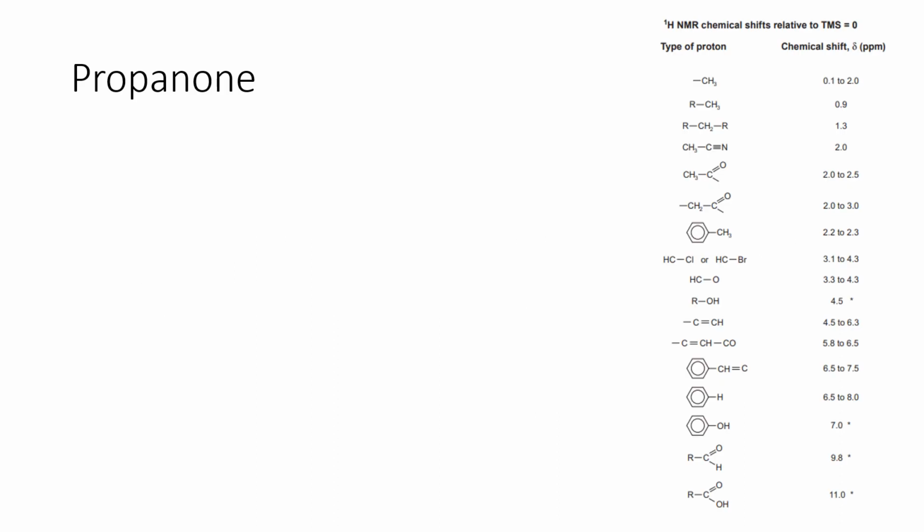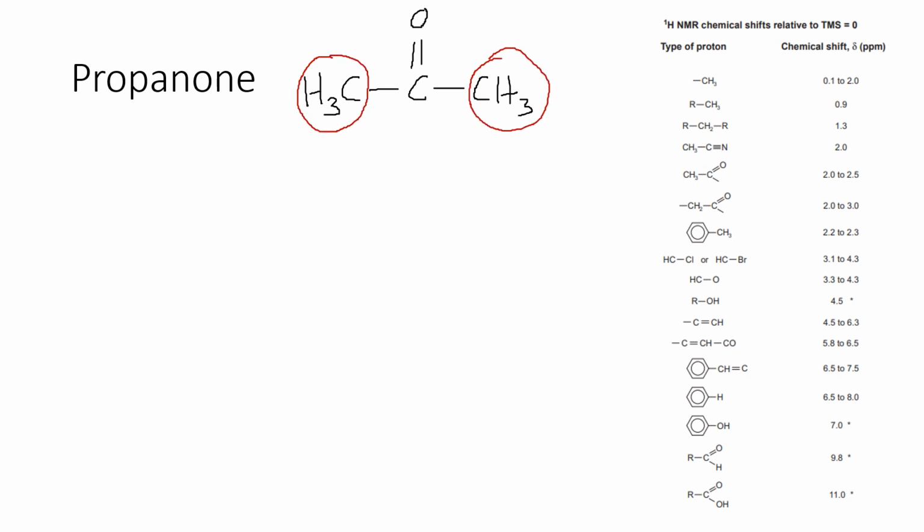So the first molecule I've got here is propanone. So let's draw it out. Prop means 3. You've got a ketone group on carbon number 2, and then these are CH3 groups. So the first thing to note is the number of hydrogen environments. You've got the CH3 group here and a CH3 group here, and they are equivalent to each other, so you would only expect to see 1 peak. So if this is your scale here going from 0 to 12, you're going to see 1 peak, or 1 group of peaks. And then if you go to the adjacent carbon,